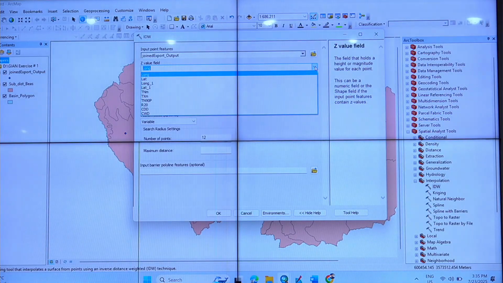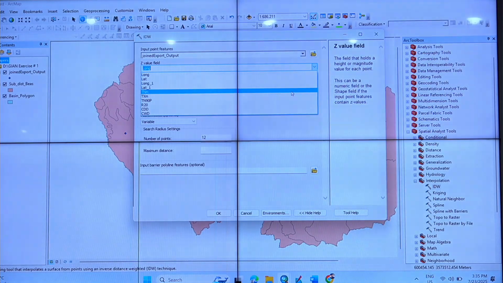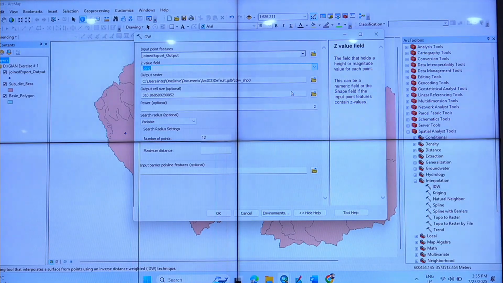So I do not want to interpolate latitude, longitude. What do I want to interpolate? This one, indices. Temperature, minimum, mean. Right? This is also the mean of the minimum. I select this. And then where will it go? Output raster. You have to be very sure where it is going. Otherwise it goes to the default format, and then we keep searching for it. Many times mistakes happen.